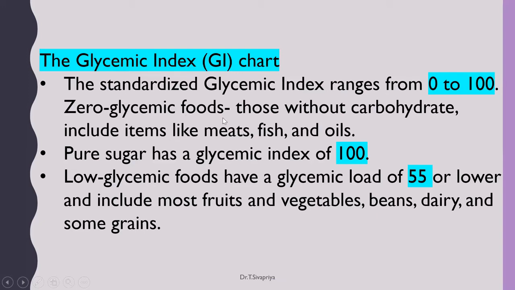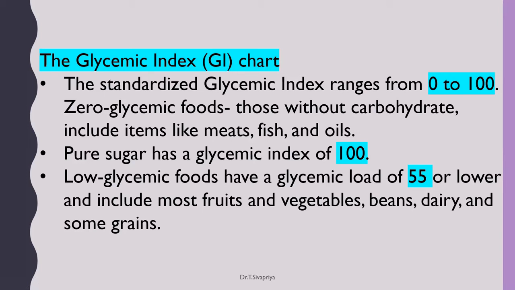Zero glycemic foods are those without carbohydrate. They include items like meats, fish, and oil. Pure sugar has a glycemic index of 100 and it is considered to be very high. Low glycemic foods have a glycemic load of 55 or lower and include most fruits and vegetables, beans, dairy,